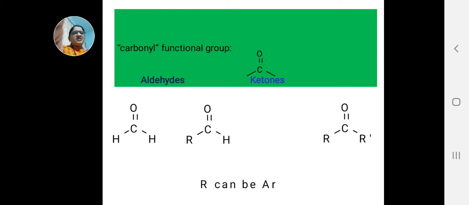That means this is the functional difference between the functional groups of aldehydes and ketones. In an aldehyde, the functional group is always present at the end of the carbon chain, and in a ketone, the functional group is present in the middle of the straight chain of carbon atoms.